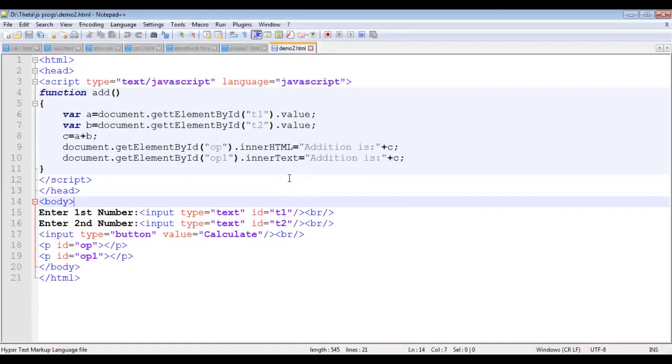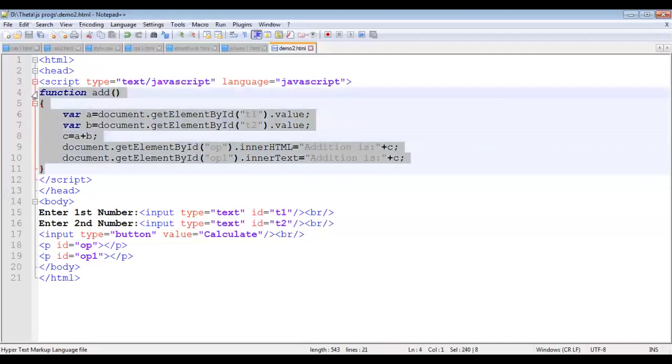For accepting the data of the text boxes, we have written document.getElementById t1 and t2 dot value. Then we have taken a third variable c, in which we are storing the addition of the two numbers. After that, we are printing the output on two paragraphs, one using innerHTML and another using innerText.